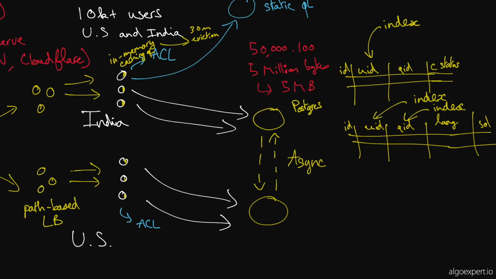Because here we're trying to avoid the case where a US customer has all their data stored in the US database. They fly to India. They happen to go on AlgoExpert because they love the platform, and they don't have their data in this database. I guess that would be really bad. It would be a very small edge case, but it would be bad.